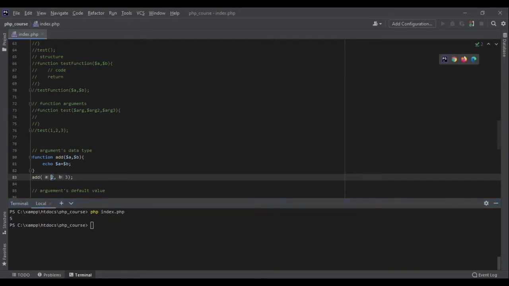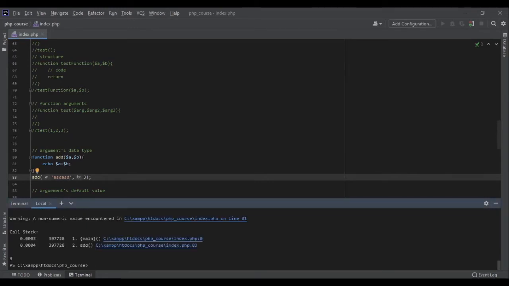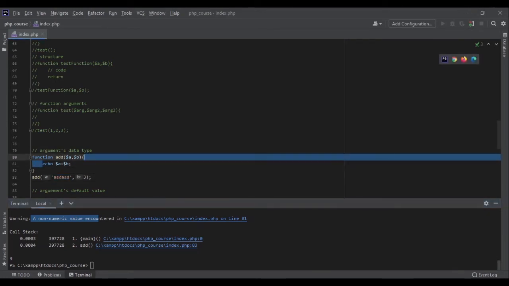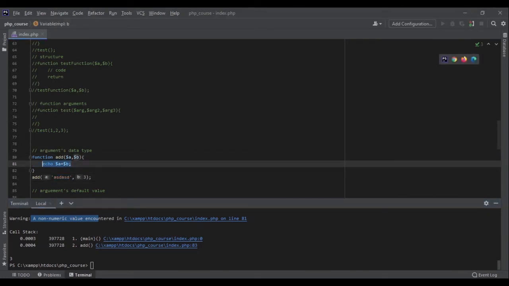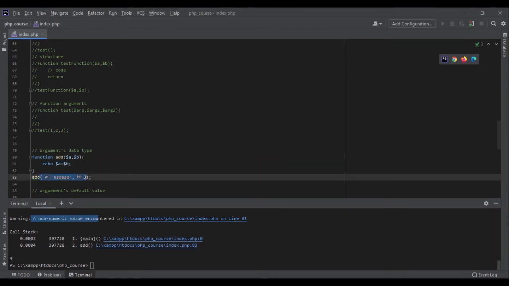But if I pass a string, it will tell me that it's not possible to add these two because one of them is a string and it has no idea what to do with it. Rather than this, a non-numeric value encountered on line 81, we can force the function call to pass only